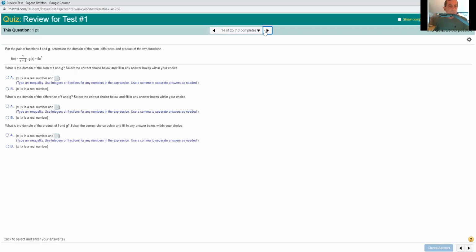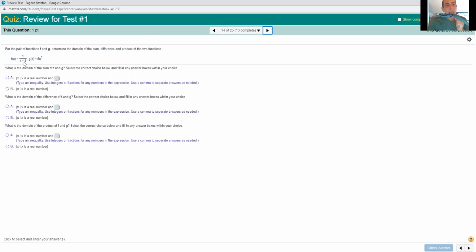Oh, here's the big one. We're going to find the domain. And it don't even ask us what the function's equal. They just want to know the domains. So first I'll look at, if I was going to add these two functions,